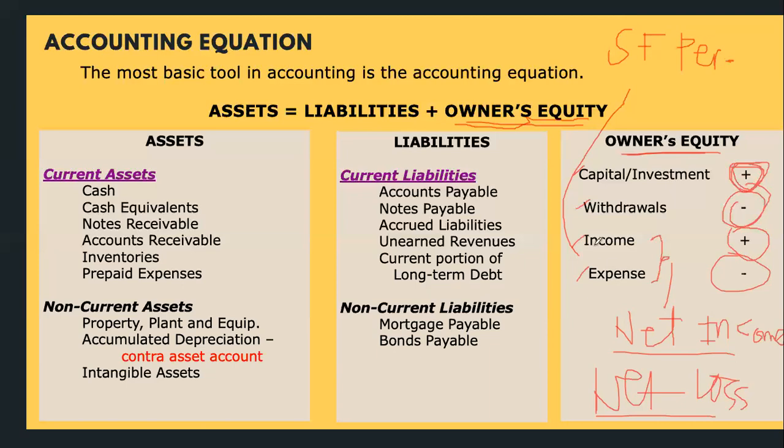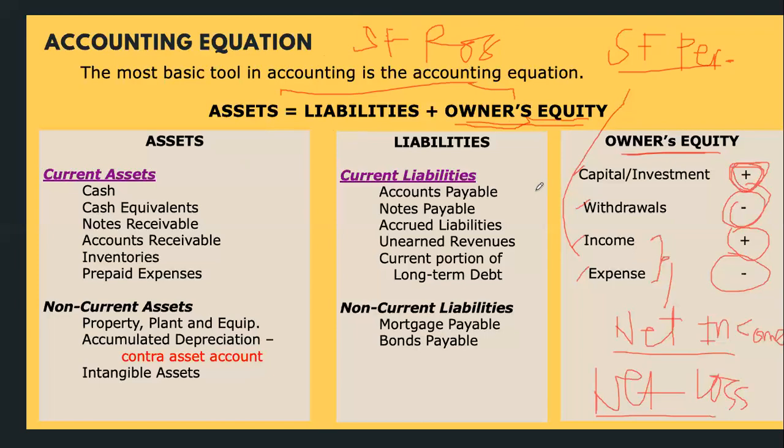So, these two items or elements of the financial statement can be found in the statement of financial performance, while these three can be found in the statement of financial position. Okay, statement of financial position. Kagaina kung si asset, liabilities, and owner's equity is under statement of financial position, it is called as real